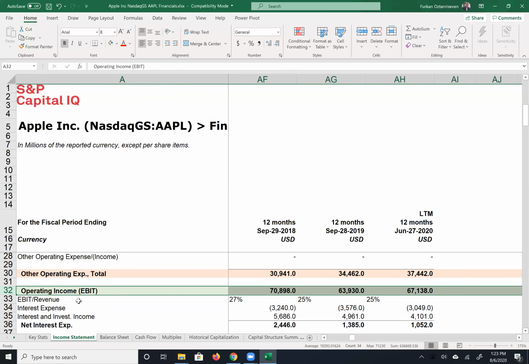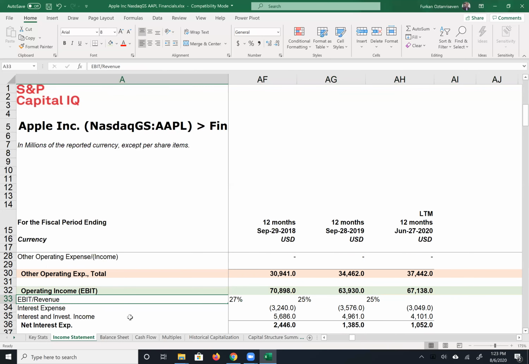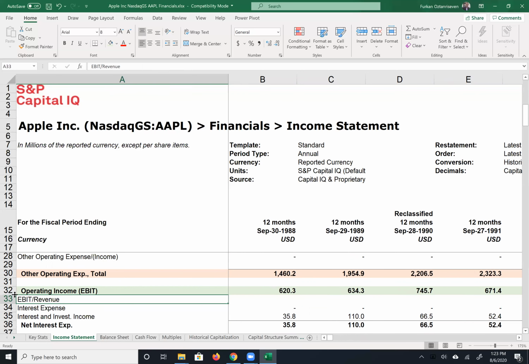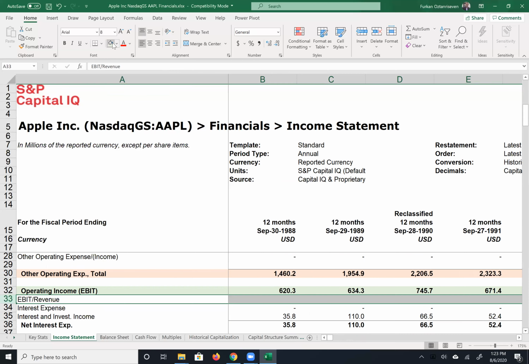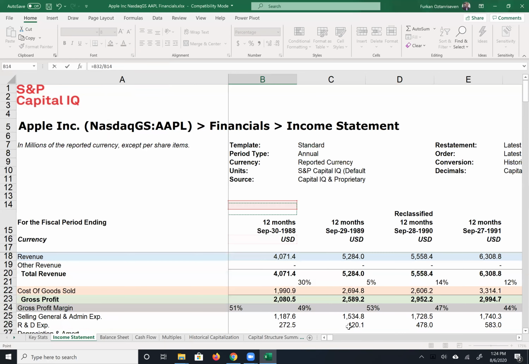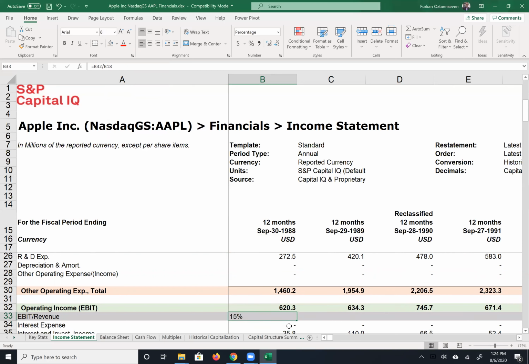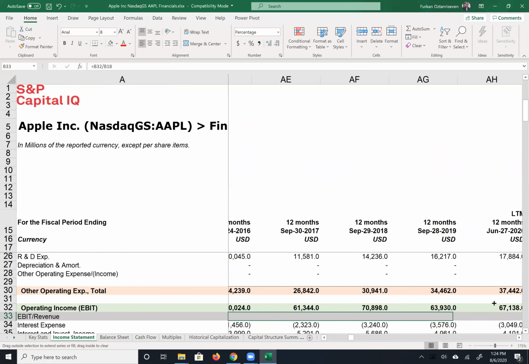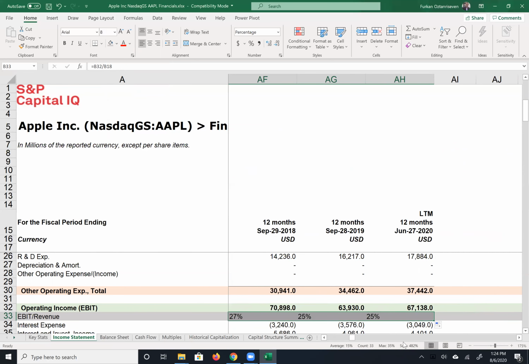And to calculate the profitability, I create here EBIT divided by revenue. Let me show you how I calculated this EBIT divided by revenue. You just choose some kind of a grayish color to represent that this is my calculation that was not given in the income statement. So basically, I calculate EBIT for Apple and divide it by the revenue. Okay, so now you can see that it was 15% in 1988, and currently, in most recent years, this number was around